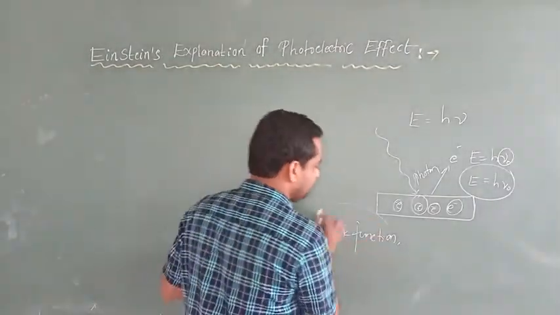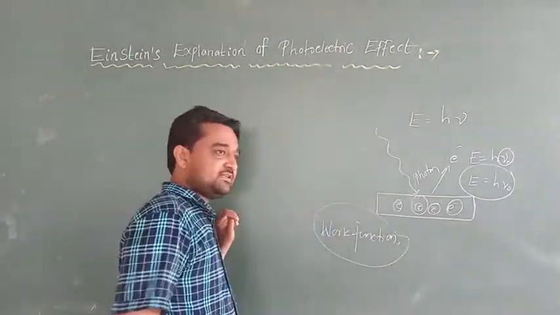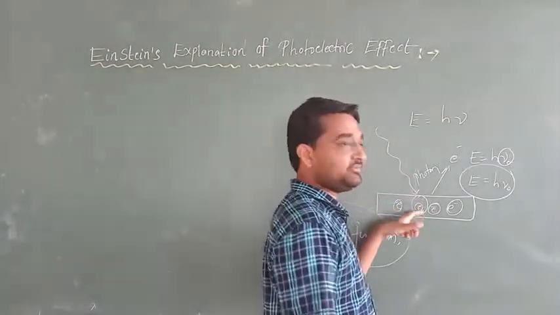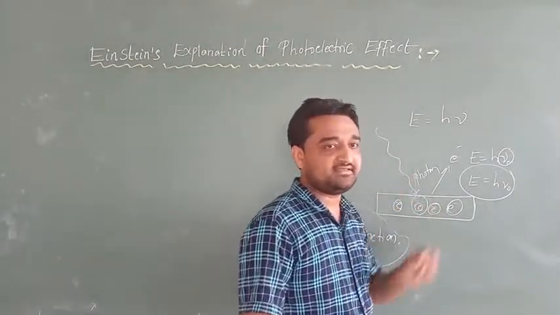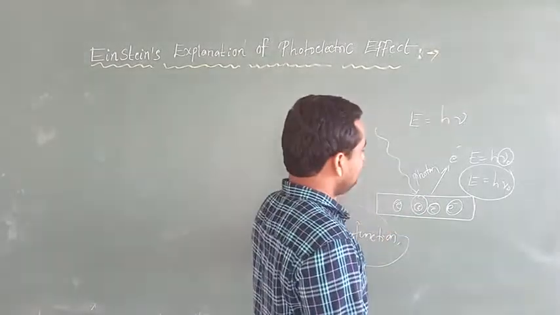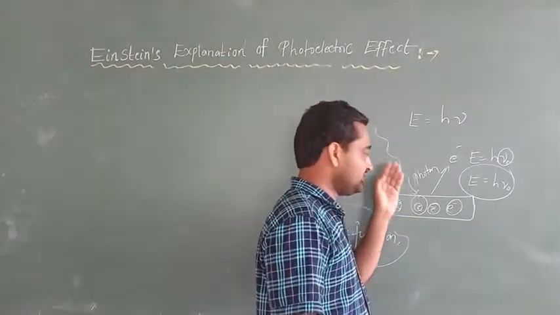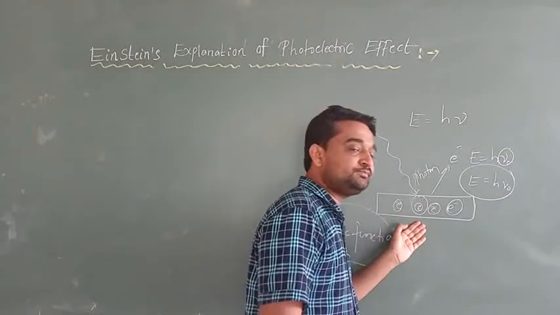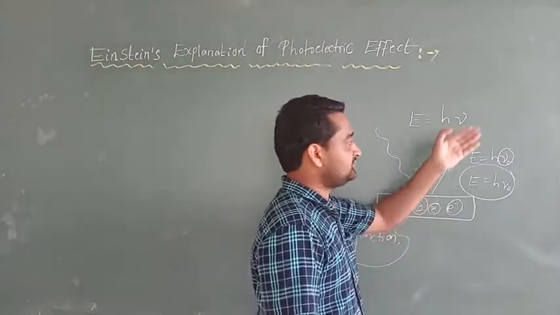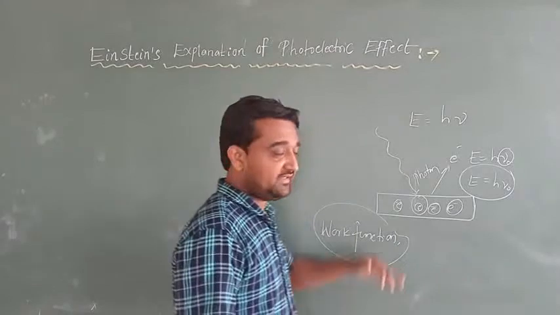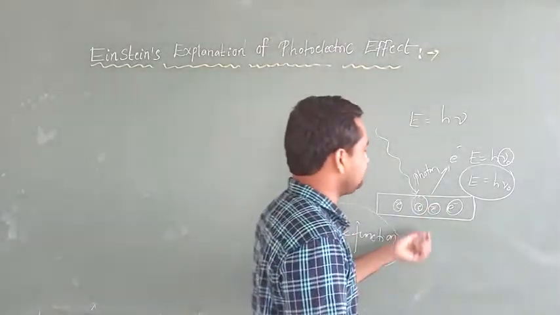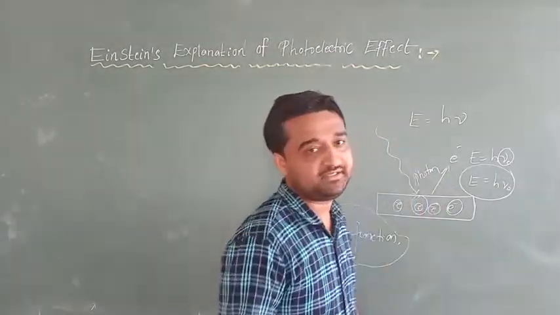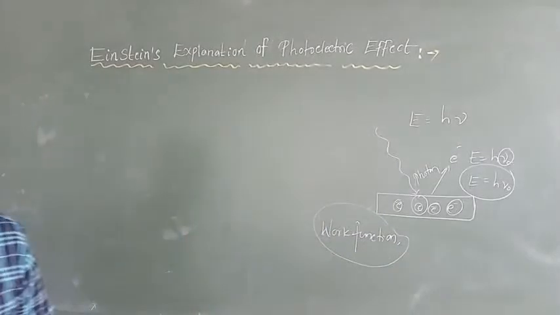So the work function amount of energy is required, that should be incident on the metal surface. When it is greater than the work function, the energy is absorbed by the electron due to the collision between the photon and the electron. Then the electrons are liberated. So the extra amount of energy will be the kinetic energy of the electrons. Now let us write here the Einstein